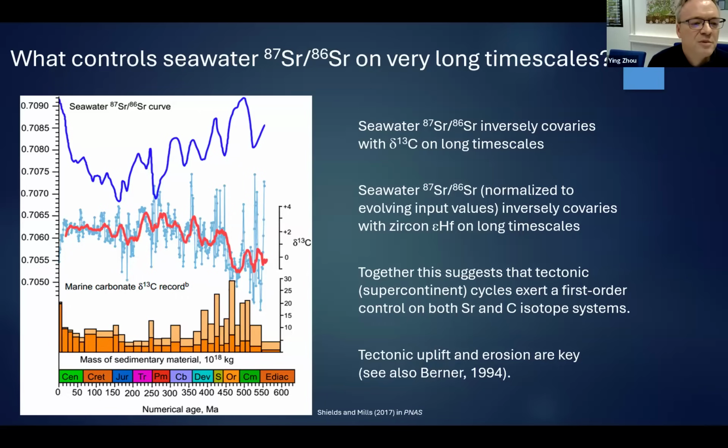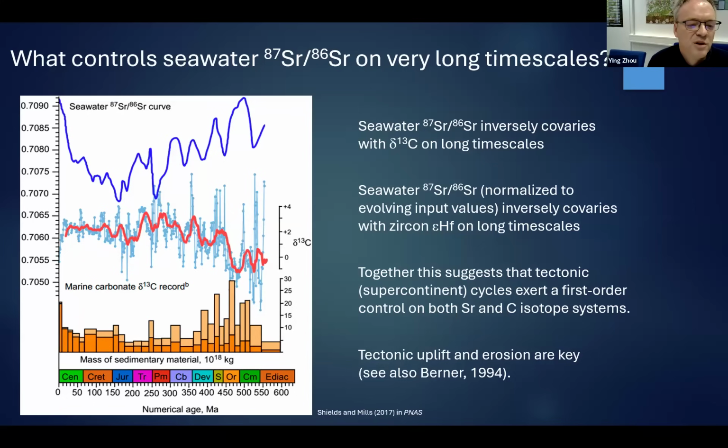I talked about this in a paper and I won't go into much more detail. What is supporting that is another anti-covariation between zircon hafnium isotopic values and strontium isotopic values. Seawater strontium is telling you about the dissolved load, whereas zircon is telling you about the material which is potentially available to be weathered. So it is suggesting that a large component of these first order changes is actually to do with the isotopic composition of what's being weathered, and not to do with weathering rates per se, which are tied to carbon dioxide